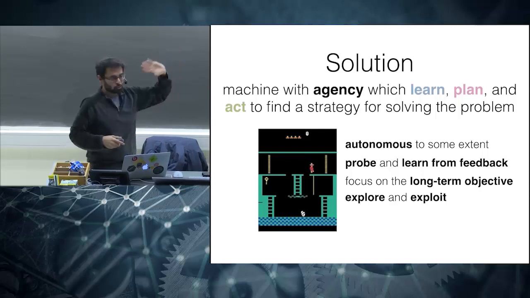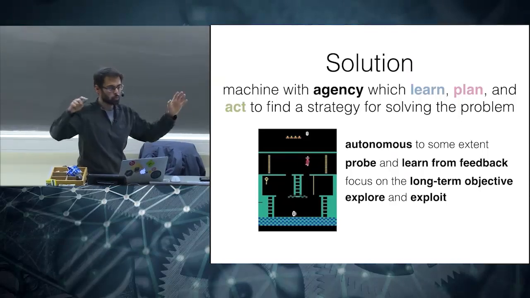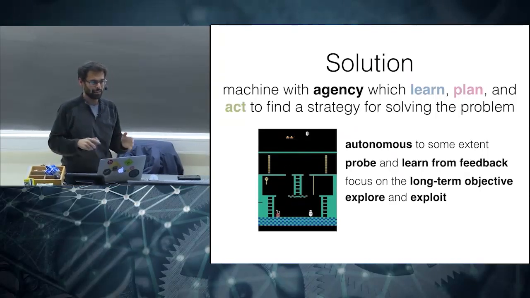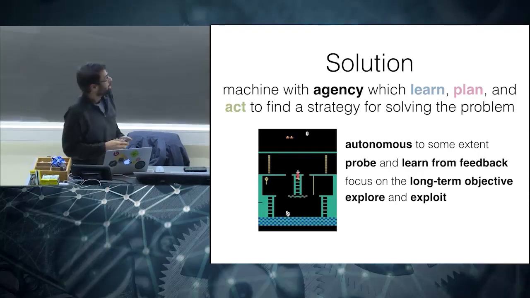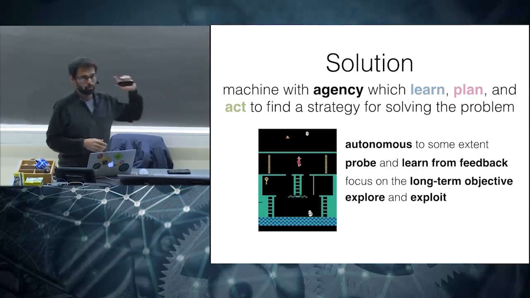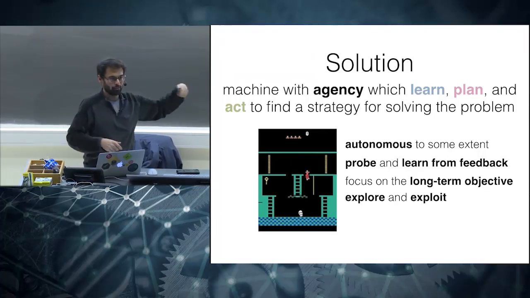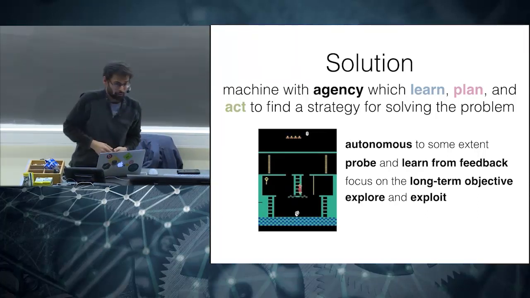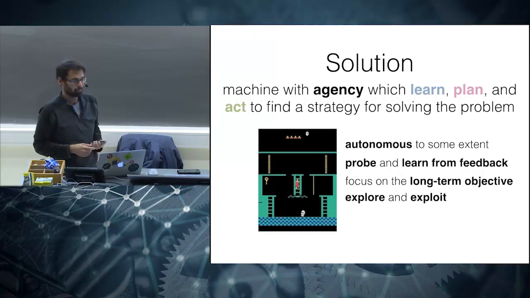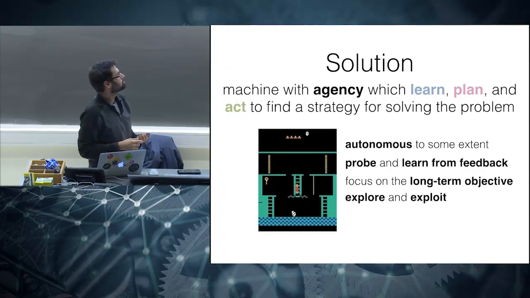And there are many such rooms. These are rooms inside some kind of Aztec temple. And this is a very hard exploration challenge. Most of what this character does, if an agent is given control of it, is that it dies. It just moves around, doesn't know what to do.